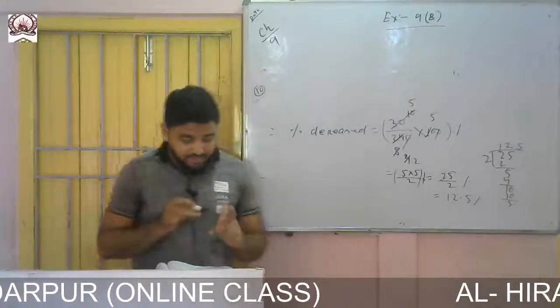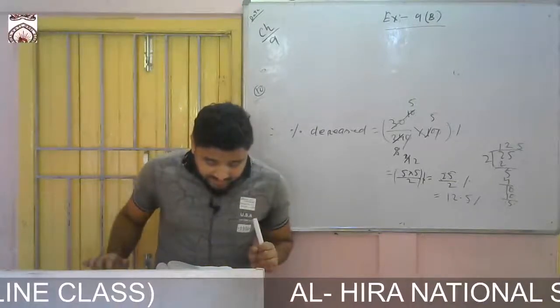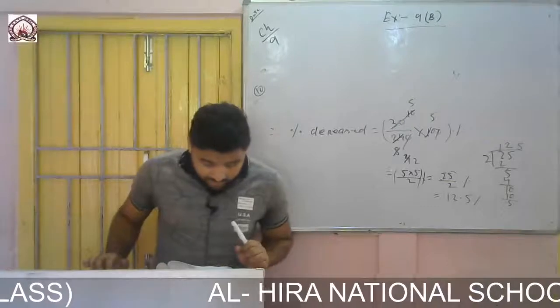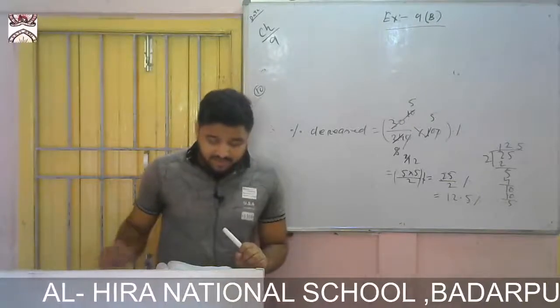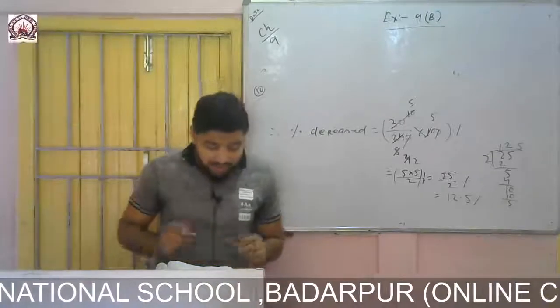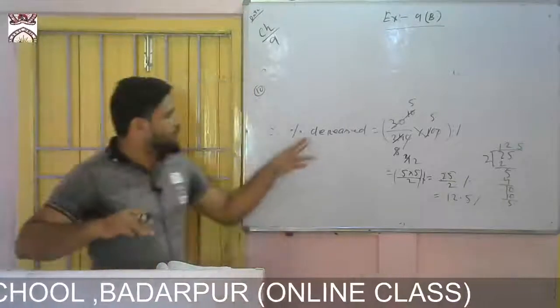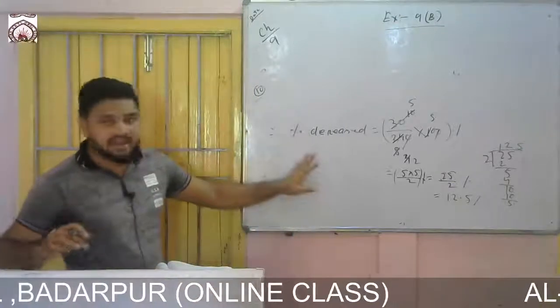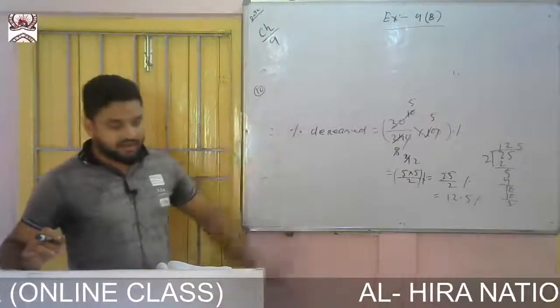12.5%. Now question number 11. What is there? The speed of a train is 80 km per hour. It is increased to 130 km. Find the percentage. So same like question number 9 and 10. So question number 11 you do. And number 2, decrease to 65 km. Find the percentage decrease. So whatever in question number 9 and 10 I have done, it is exactly the same, just the numbers are changed. You practice at your home.